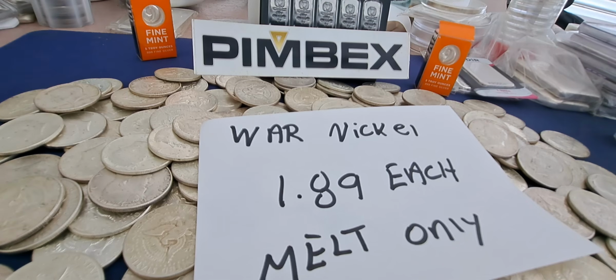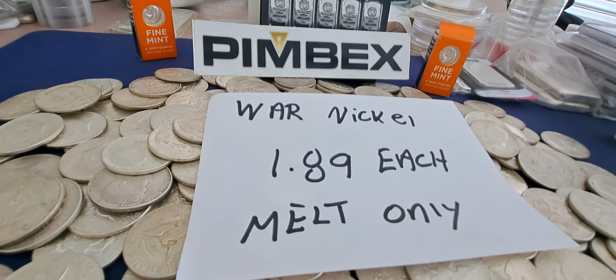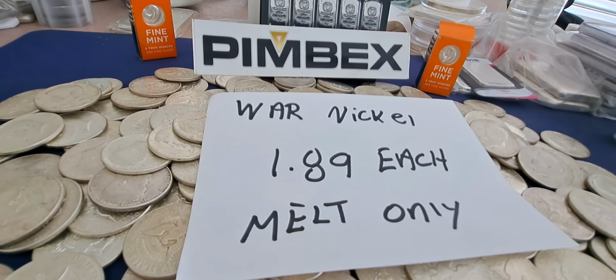War nickels are melting for $1.89 now, folks. The dreaded war nickels. A lot of people say they don't want them. The melters don't want them. Like I said, I couldn't care less what the melters want, folks. For the ones who are not quite old enough, like my age, 40, 45, and never had experience using 90% silver or 35% nickels in their change for services and goods,